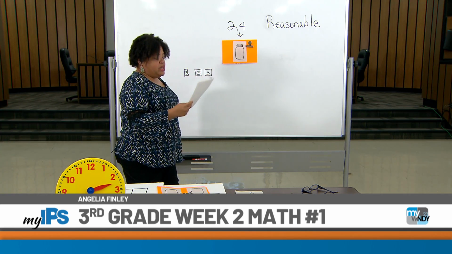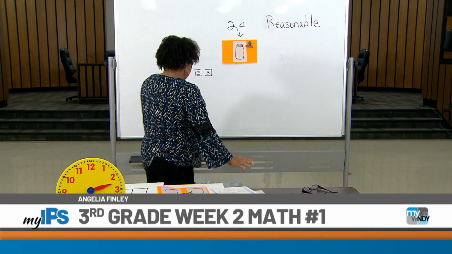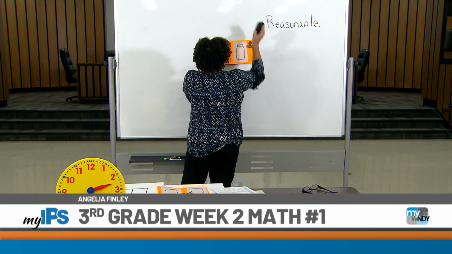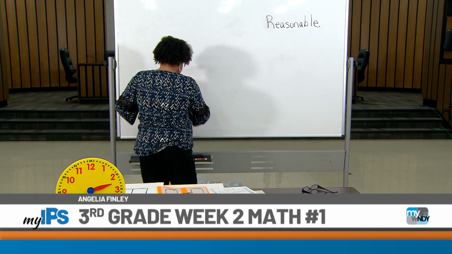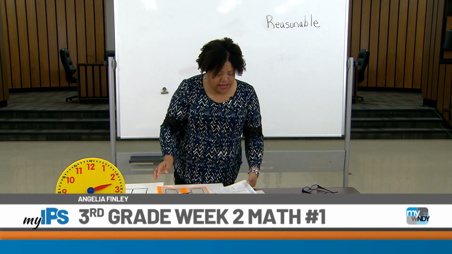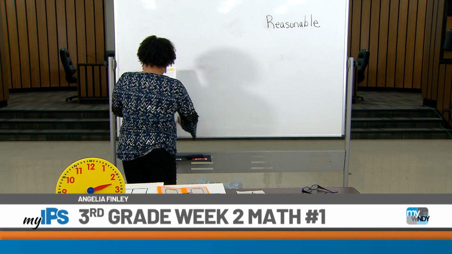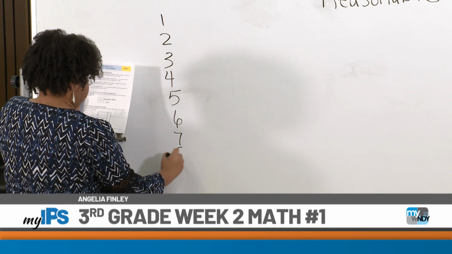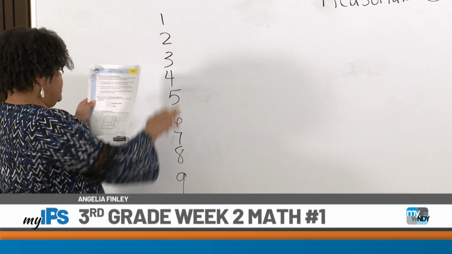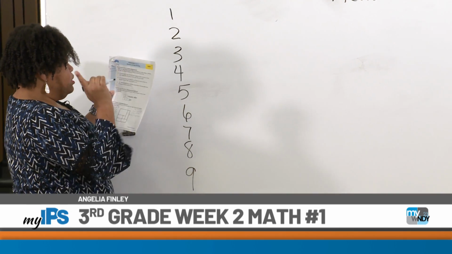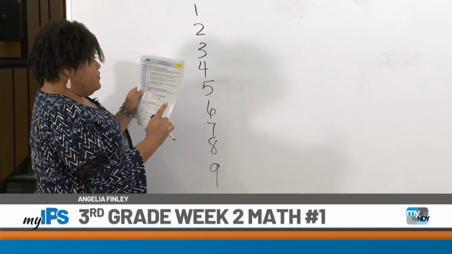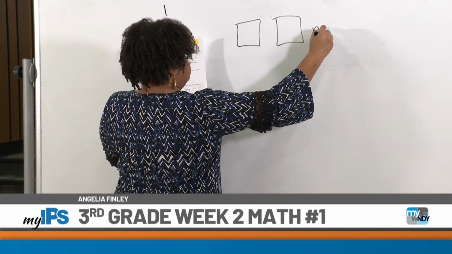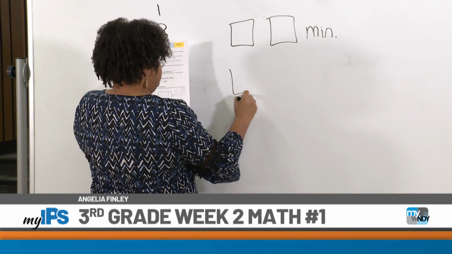Now, let's move on to the operations with telling time. I wrote this word reasonable on the board because reasonable is important, because what really makes sense in this math problem? In this one, we have that we're telling time, and it tells us only to use these numbers. This is one of the things we can do, make a list of the numbers. It says you're only using it 1 time each. Now, the thing I want us to notice with these boxes, this is our minutes. I'm abbreviating it. This is letting us know here,